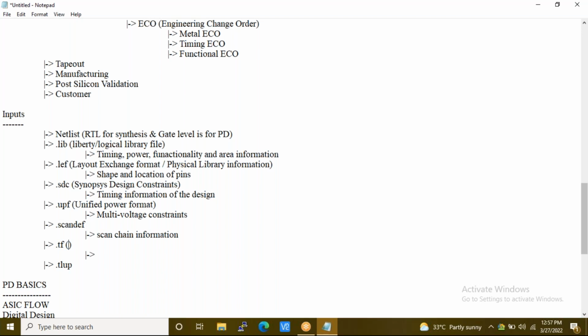Okay, TF is the technology file. It holds the layers information. Let's say power transmission lines.